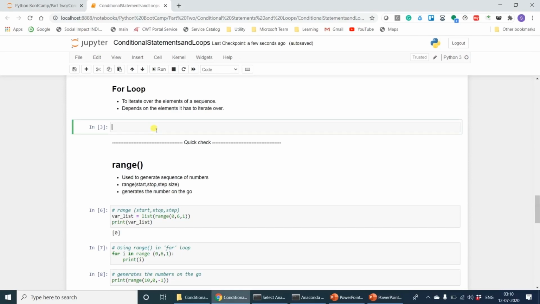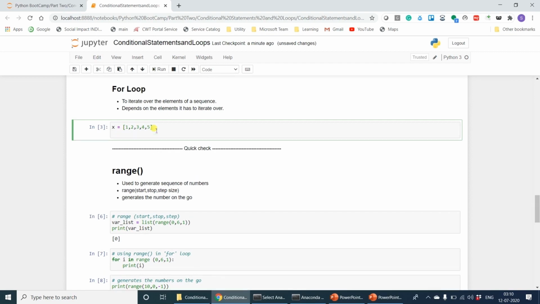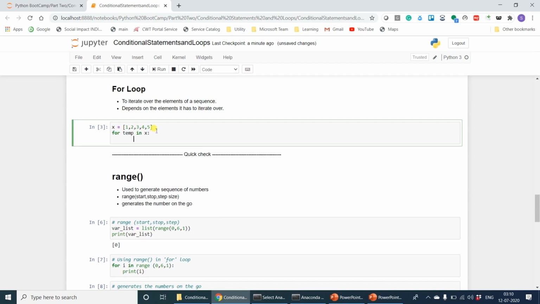Now, as we've already seen, a for loop is used to iterate over elements in a sequence, and it depends on the elements which it has to iterate over. So let's say we have a list, x is equal to, say, 1, 2, 3, 4, and 5, and say we want to iterate and print out all of these one by one. So we'll say for any variable, for example temp in x, and we'll just print